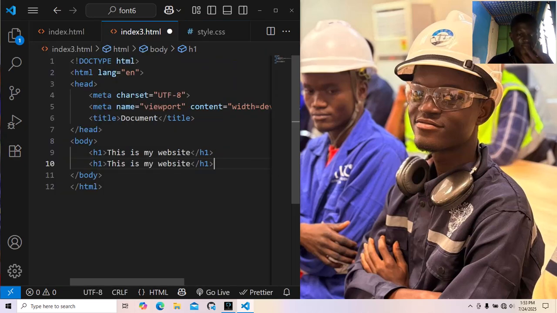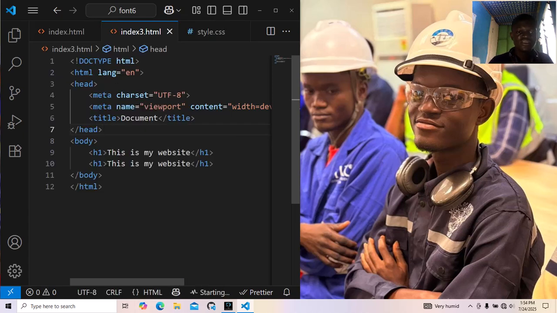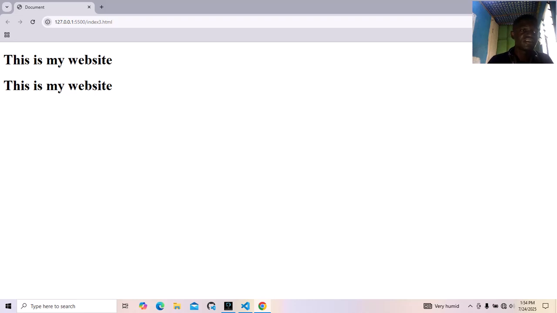So I'll open this one with my Live Server, and note your Live Server must be connected to a browser. Mine, in this case, is connected to Google Chrome. So I'll open this with Live Server, and in a few minutes you can see that it will be displaying for us to see. So you can see that this is my website,